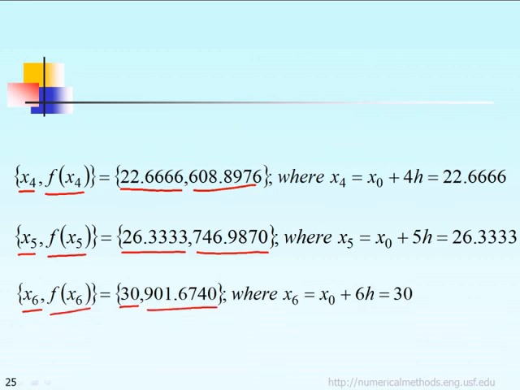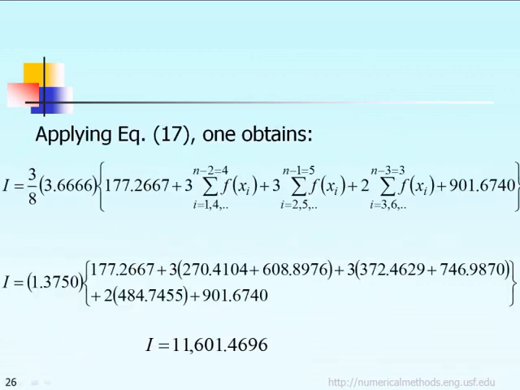So after calculating all those things, we apply the Simpson multiple-segment rule. As you can see, we apply the general formula, but in this case you have to be careful because we have 6 segments. That means n equal to 6. If you look at the second term,